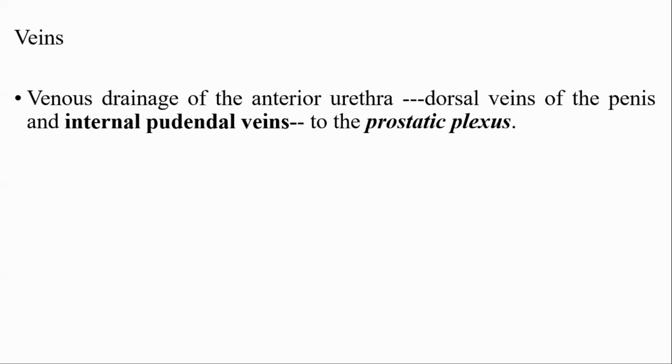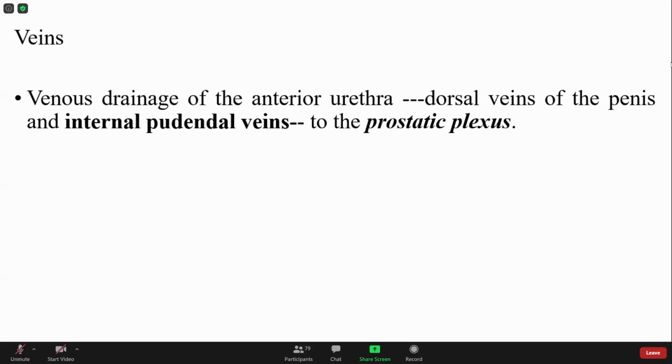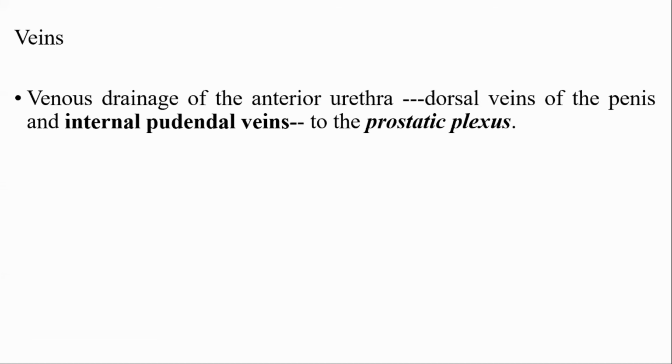Anterior urethra is the penile or spongy part. Very good. Posterior is the pre-prostatic, prostatic, membranous. Very good. So venous drainage from the anterior part of the urethra drains via the dorsal vein